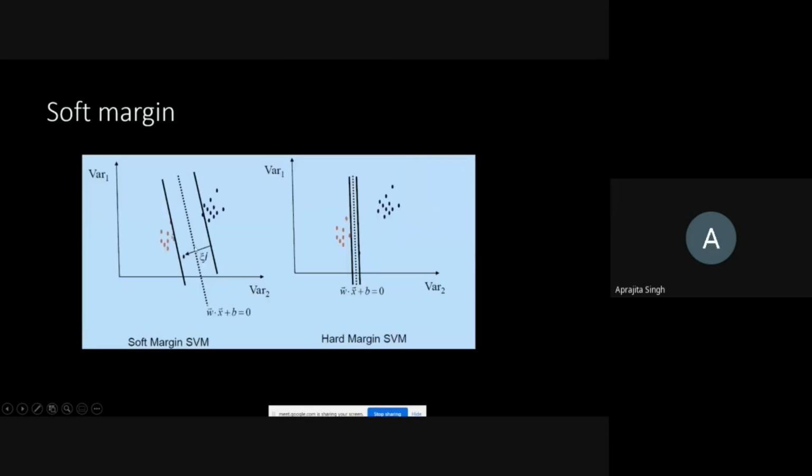So when it is on the margin, it is not sufficiently away from the hyperplane. Any point in this margin is not sufficiently away from the hyperplane, so they do not have a lot of clarity. The classifier may not have clarity. But just because of using slack variables, we are able to do this. And you can see how it has really increased the width from this to this,